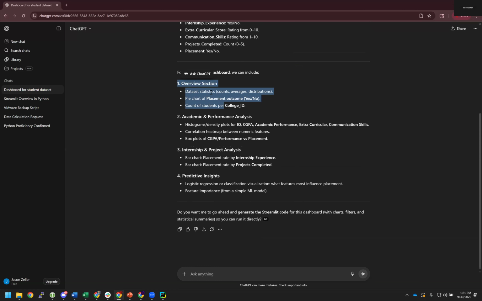So it'll have an overview section with some data statistics, et cetera, count of students on the college ID. Then it'll have a second section that's based off academic and performance analysis, internship project analysis, and then predictive insights. So it's going to ask, do you want us to go ahead and generate this code for this kind of stuff? We could also say, even though this particular data set doesn't match, but if you had something to say,